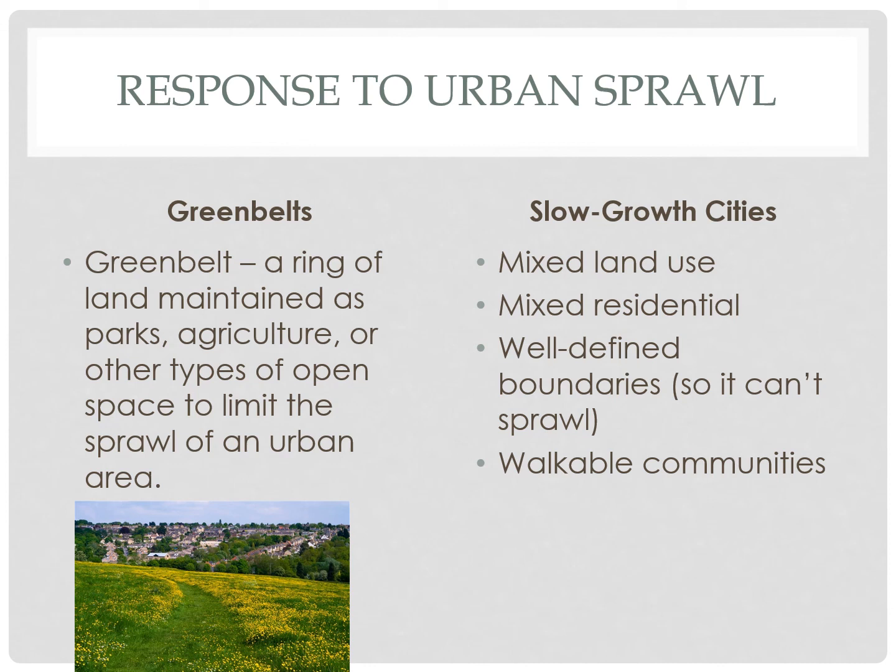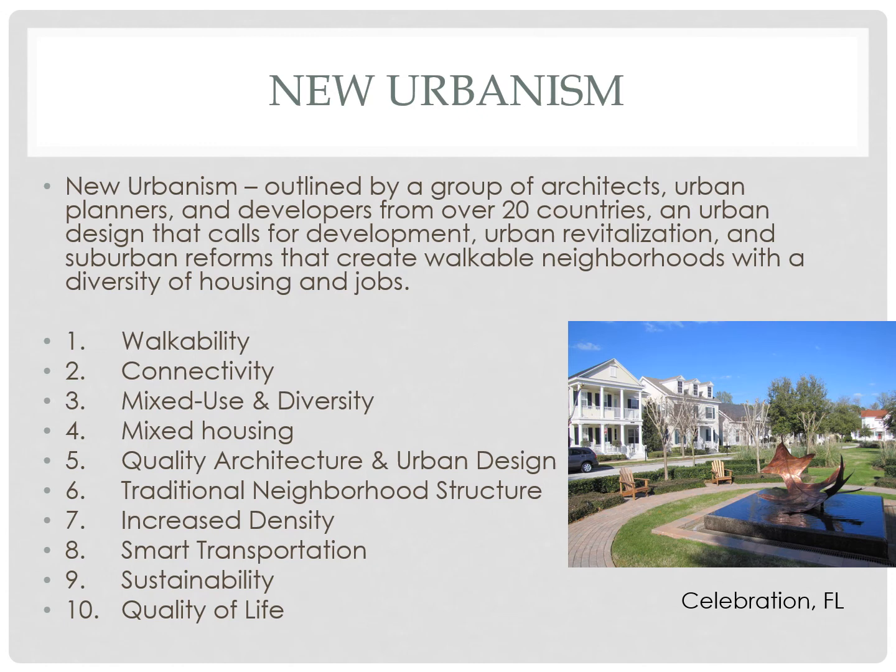One thing that's especially utilized in Europe are green belts. A ring of land maintained as parks, agriculture, other types of open space to limit the sprawl of an urban area. And this was in response especially to industrial cities. And then on the flip side of that, we've seen new models for cities like slow growth cities, where there are mixed land use, where you might have residential and commercial very, very close together. Mixed residential, where you might have single family detached houses next to apartment buildings. Very defined boundaries to try and limit sprawl, and more walkable communities,